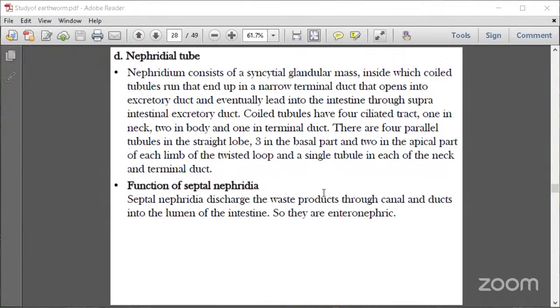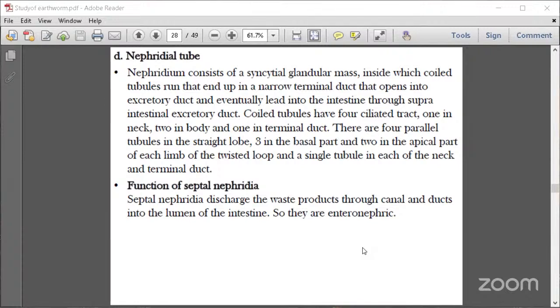When coming to the nephridial tube, a nephridium consists of an essential glandular mass presented inside the coiled tubes that end up in a narrow terminal duct, which opens into the excretory duct and eventually leads to the intestine through the